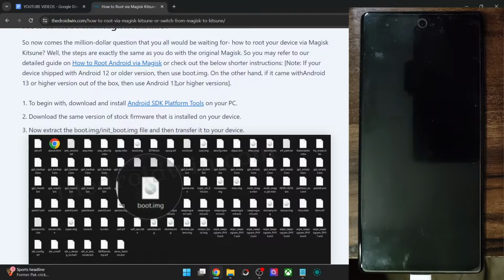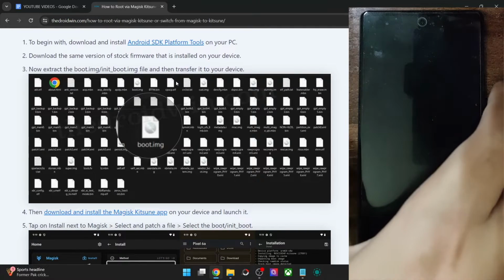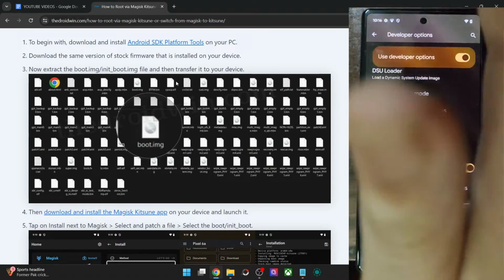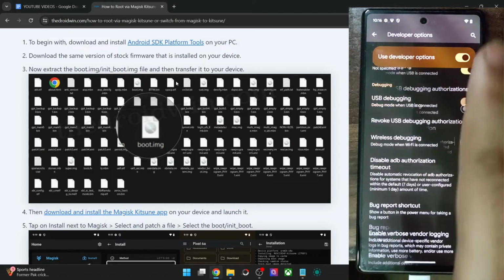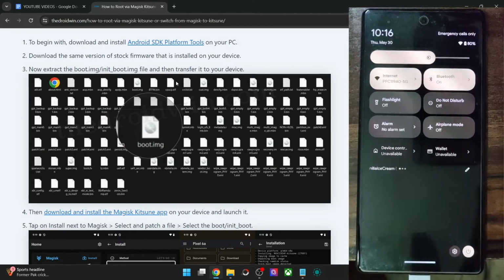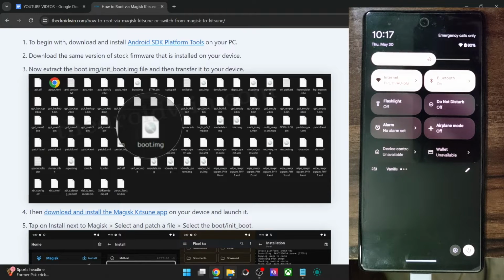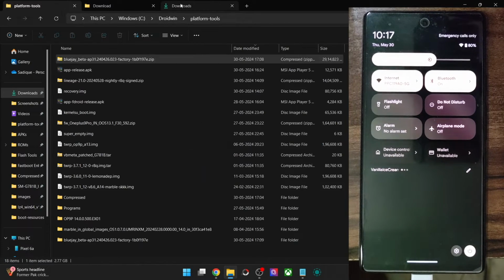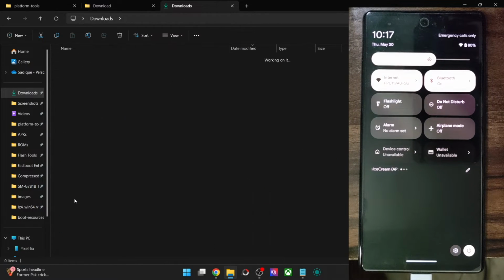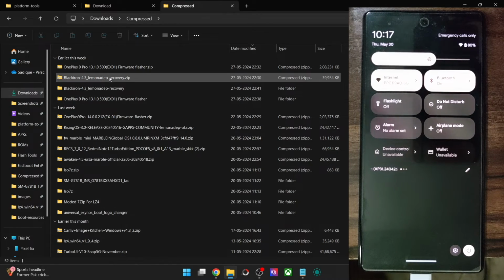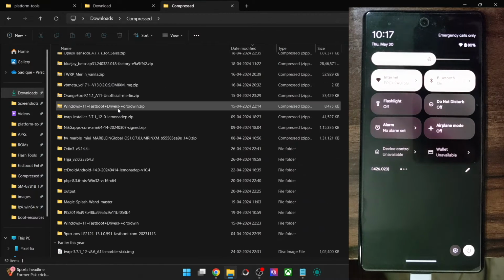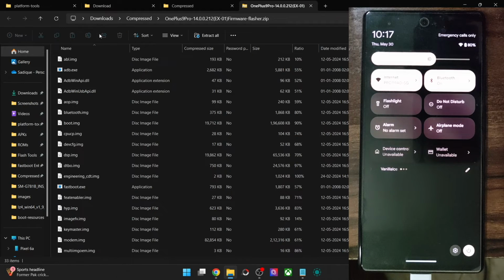So with that said, make sure to download the same firmware which is currently installed onto your phone. So for instance, you may have a look via the build number. So the build number in my case is AP31240426023, and you have to get hold of the exact same firmware and then extract it onto your PC. Upon extraction, you will get the files. So let me show you that as well, just a minute.